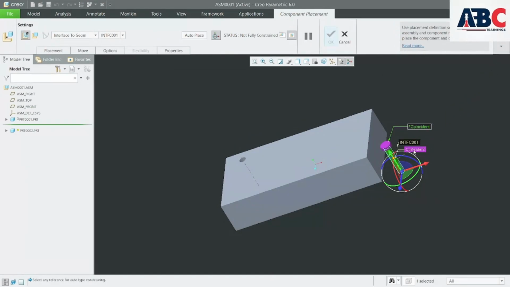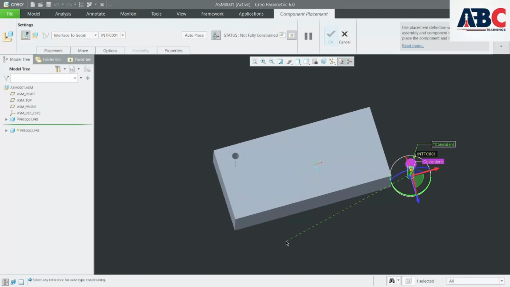Now see, when we bring this part here, it is showing us the coincident and coincident constraints are already given here, right? So we just need to do one thing only. We just need to select the surface that it's going to make, right? So this needs a surface, actually I need to just click on this. See,